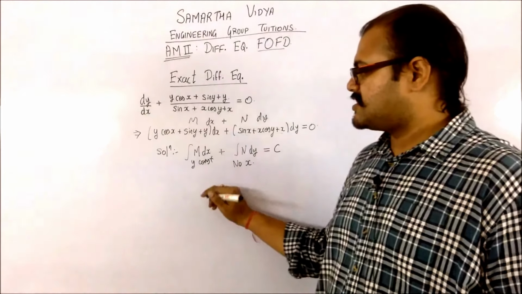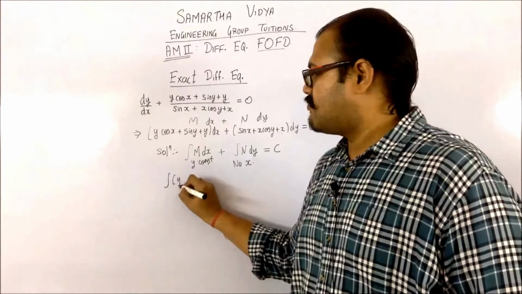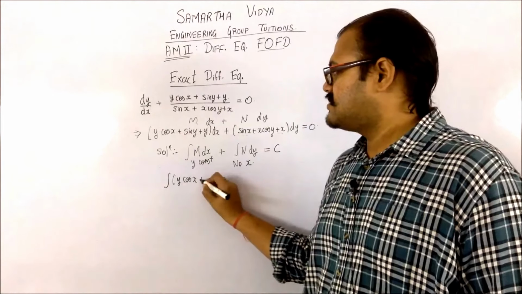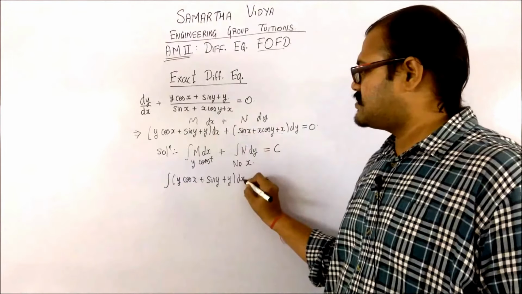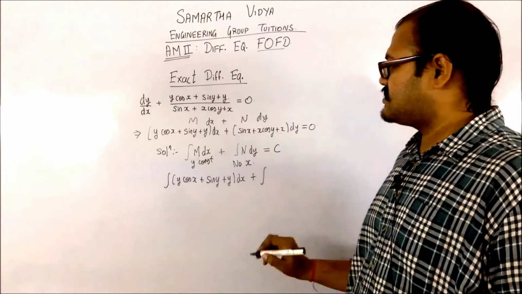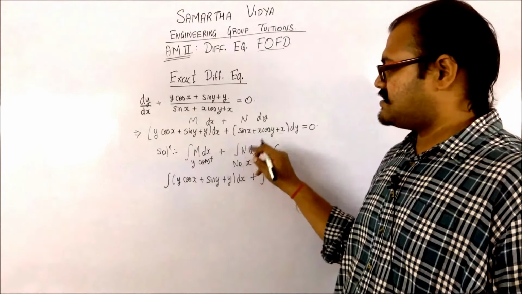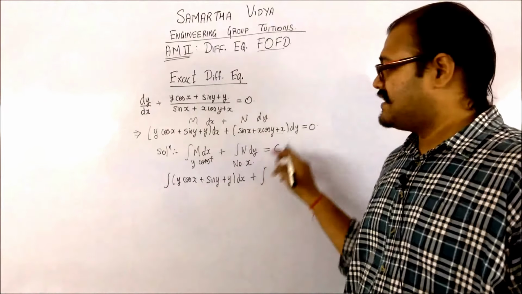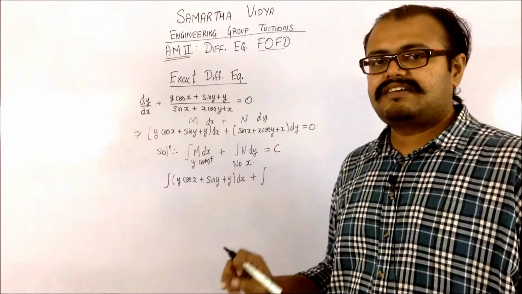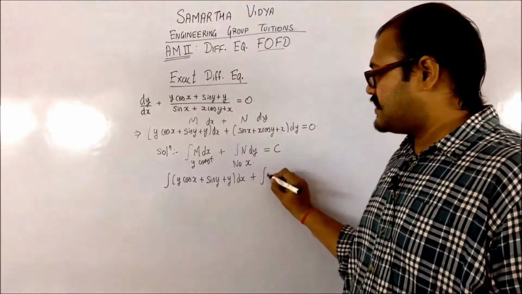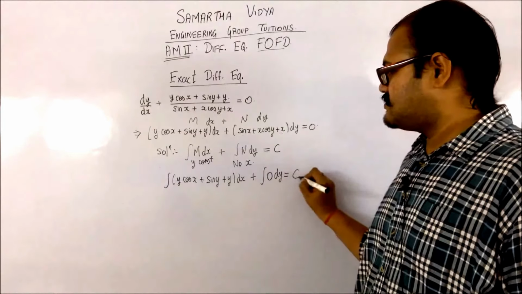After this, you will be just substituting. So it is m dx. So m is nothing but integration of y cos x plus sin y plus y with respect to x, plus integration of n dy. So it is no terms of x. You can see that there is a sin x present, there is a x cos y present, and x present. So all the terms which are present in this particular n are related to your x only. So there is no term without x, so that is why it will be 0 dy